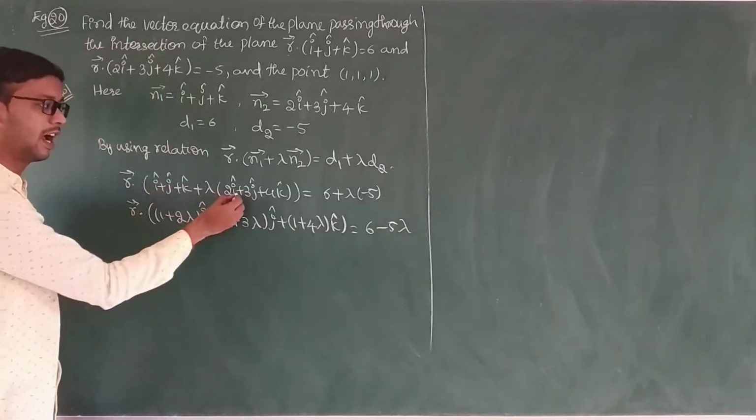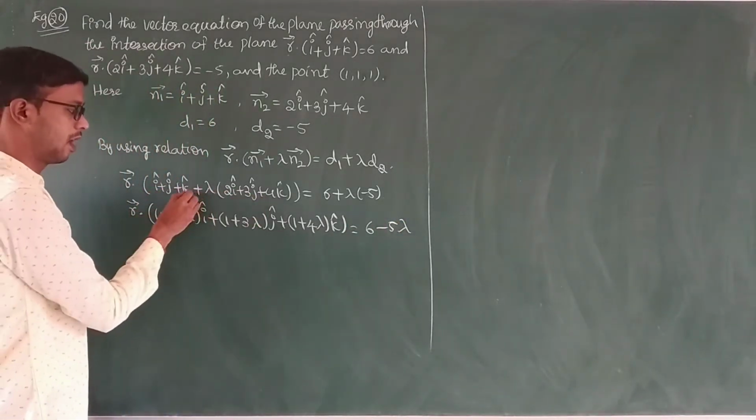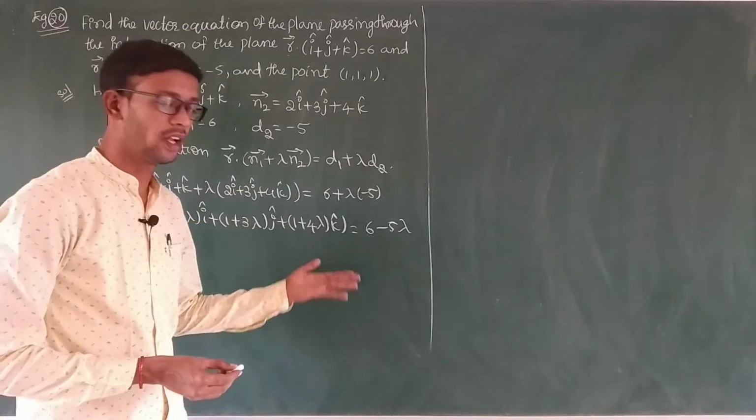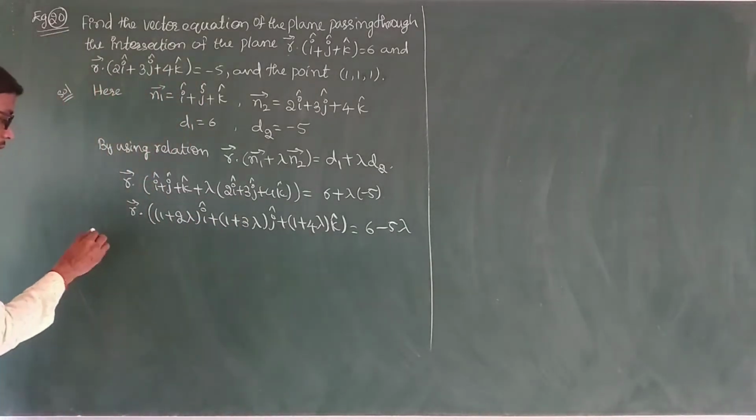Just here I am making I cap common, J cap common, K cap common. Lambda is a multiplier result. So this up to here is completed. Now,